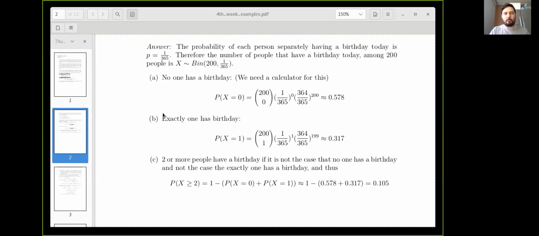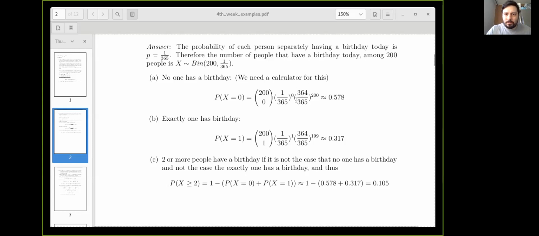Well, the reason is today is only 1 day out of 365, sorry. But the more people we have, the fewer days we have left for the other people to have a birthday, so that no 2 people have the same birthday. If you have 1 person, obviously that person has 1 birthday, so there can't be 2. The next one will have 364 over 365 probability of having a different birthday. But then the third person has 363 days left, and then the fourth has 362, and so forth.